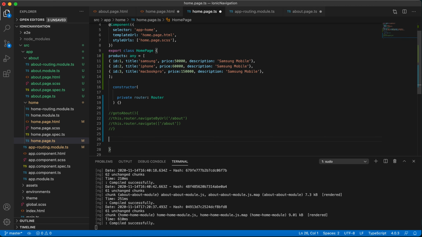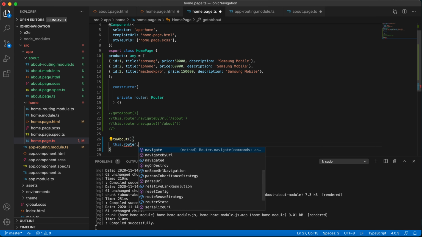Now come here, go to about. We just write a new function. So save it, and now here this dot router dot